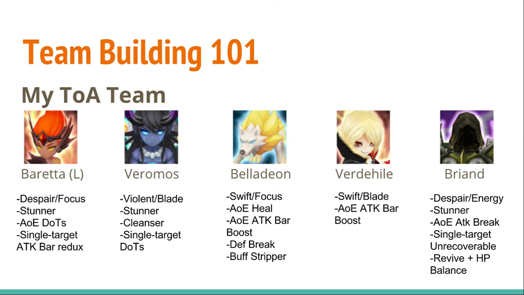Now, one thing I really have to stress is that although this is my main TOA team, this isn't my team for every stage and every boss. And I say this because there's some bosses, especially Wunsa, which is a dark pioneer and has dark monsters alongside him. I wouldn't want to use Belladon on that stage because Belladon would get absolutely smashed. That's why I usually have